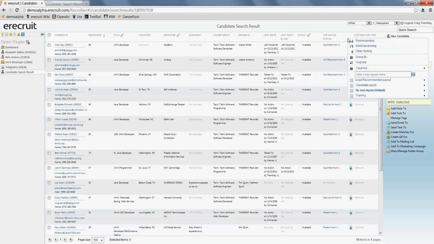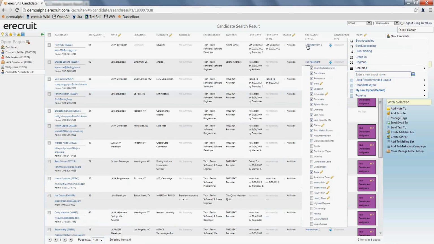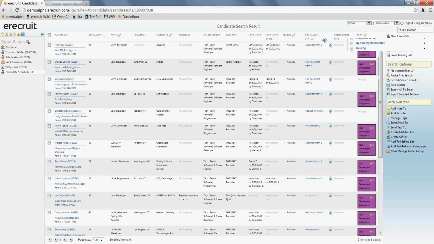and I lost my column. When I refresh my search and go ahead and grab my tags, I would definitely want to save this as a view that I like to see. You'll be able to see everybody who has this tag, and you'd be able to come back and find that at any point. Because the tags are a column that have this pencil in them,